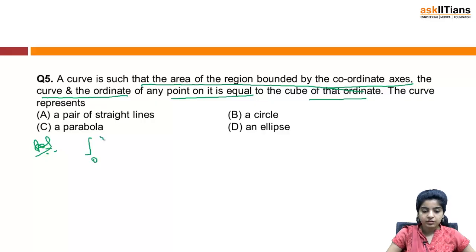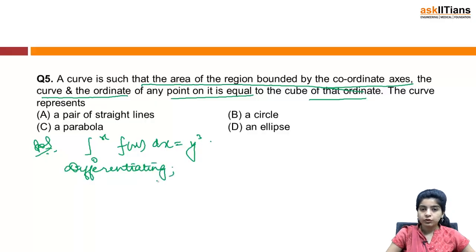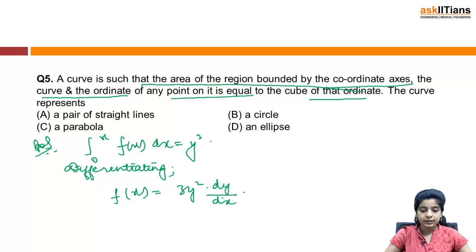So the statement just means integral from 0 to x of f(x) dx is equal to y cube. So differentiating, once you differentiate this, what do you get? f(x) is equal to 3y square dy by dx. That means y is 3y square dy by dx, and this just gives us two values, that is y is 0 or